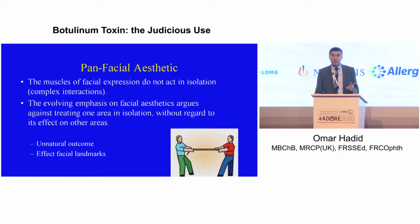So I'm just going to talk about a couple of small aesthetic principles. It's essential that you are aware of the complex interaction between all the facial expression muscles. They don't work in isolation. They're a group of muscles. So paralyzing one group of muscle with botulinum toxin may affect other parts of the face. It can alter the position of your brow, your eyelid, your mouth, so you have to take that into consideration